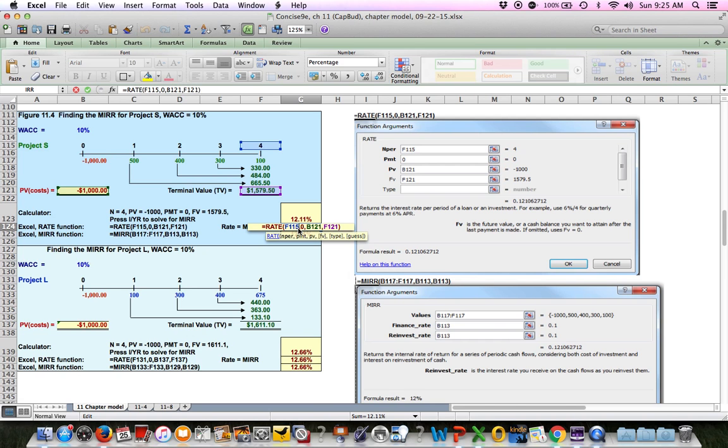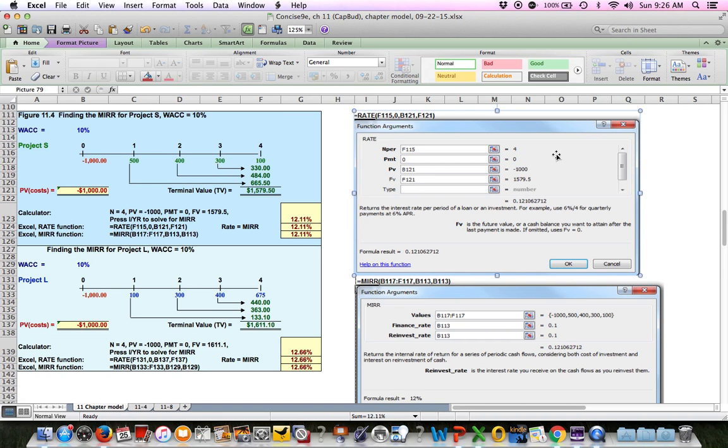And they're going to show us that. So the rate formula used the number of periods, present value, terminal value. The MIRR formula used those. They're showing us on the right hand side if you want to build these from scratch. This is what you'd see in Excel if you just built one from scratch. But all you got to do is keep doing what I've been showing you how to do, and I'm just